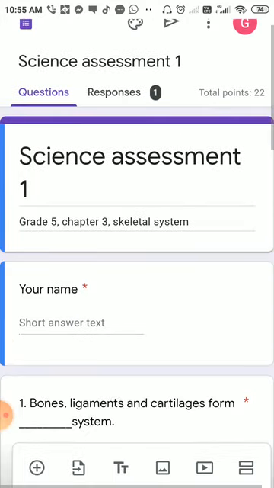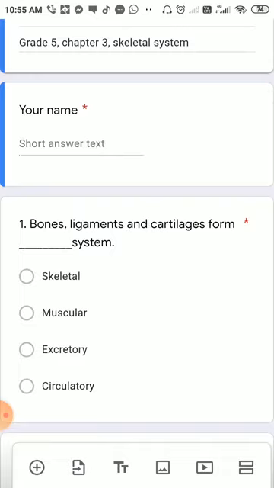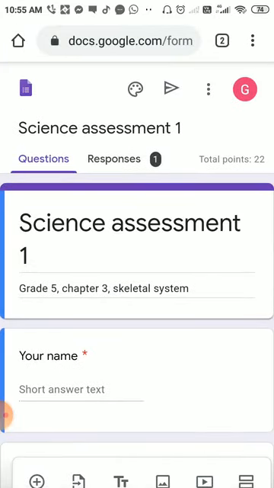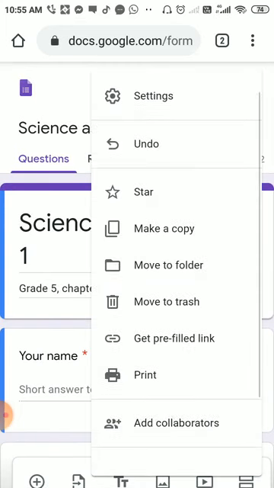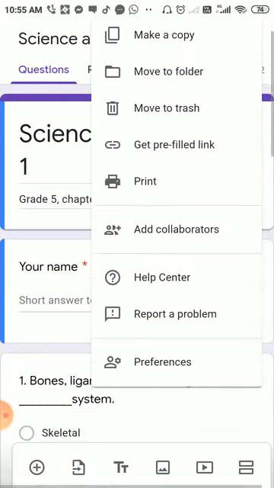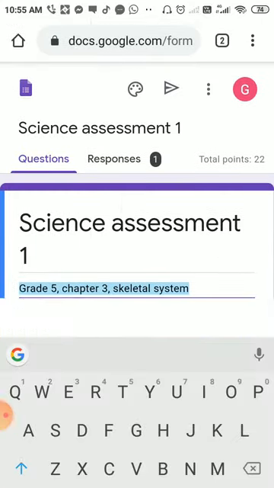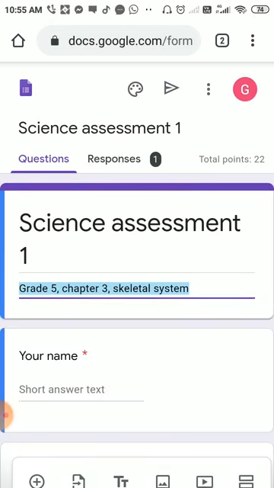So suppose this is an assessment paper or the Google Form that you created through your ID in your mobile. So in mobile, if you click three dots here, you will see there is no add-on button here, right? But if you access this Google Form through your computer, you will see the add-on button through those three dots, which is at the top side of the send button.